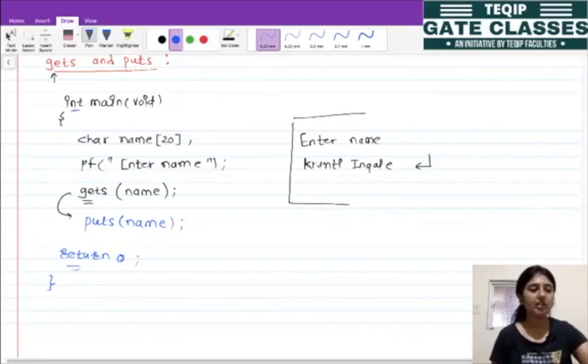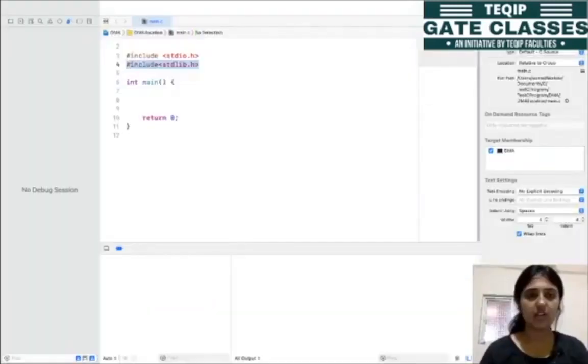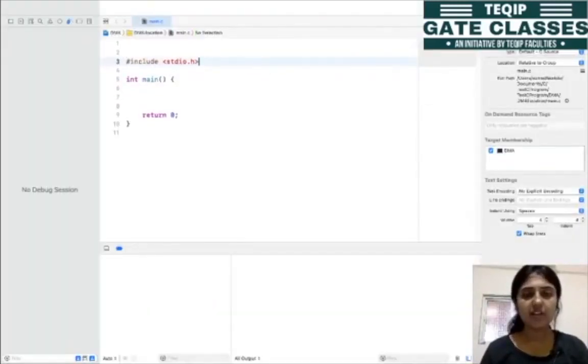So let's see whatever concepts we have seen today on the editor. This is one header file, stdio.h. This is int main. You can specify void here, then return 0 for this integer. Let me declare one character array. This is my character array with size 4, and I am passing CSE as a string to this character array.